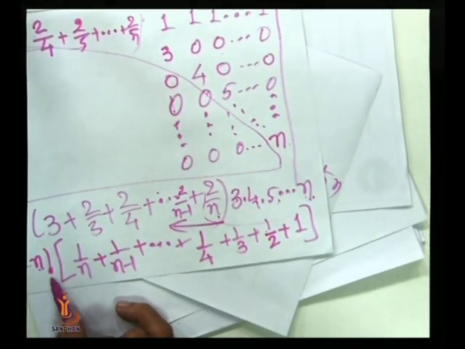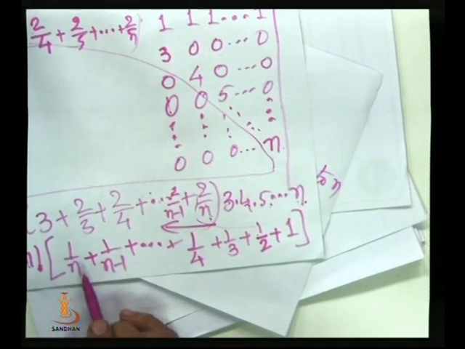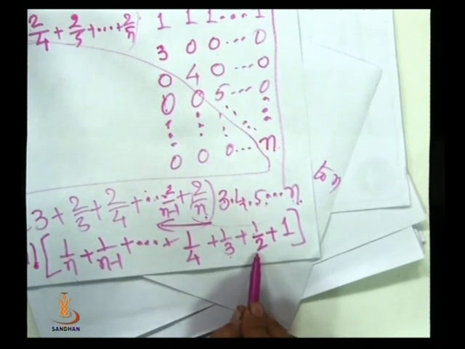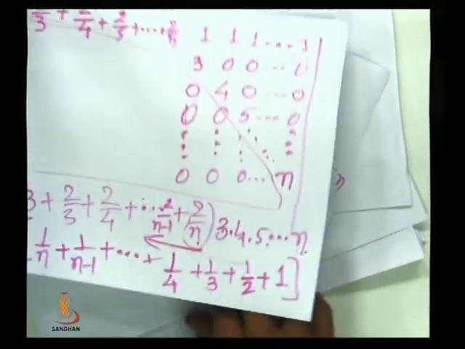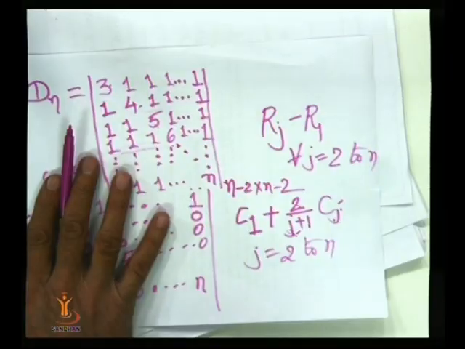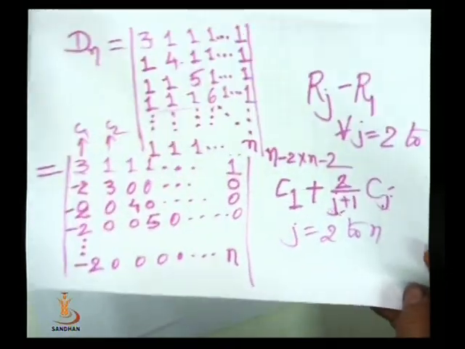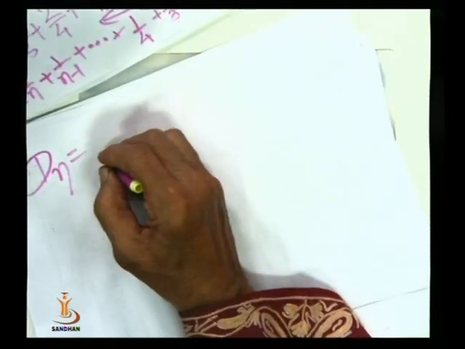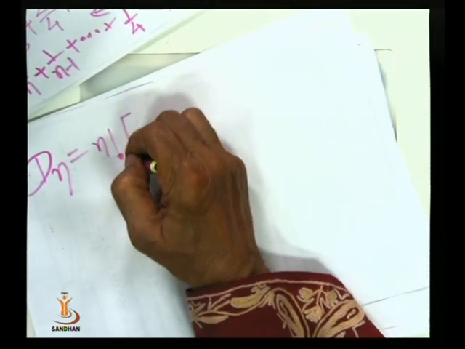n factorial into the bracket 1 upon n plus 1 upon n minus 1, and so on, 1 upon 4 plus 1 upon 3 plus 1 upon 2 plus 1. This was the original determinant, a very complicated determinant, but by simple properties of elementary matrices and determinants, we reach the value dn, the value of the determinant, as n factorial into